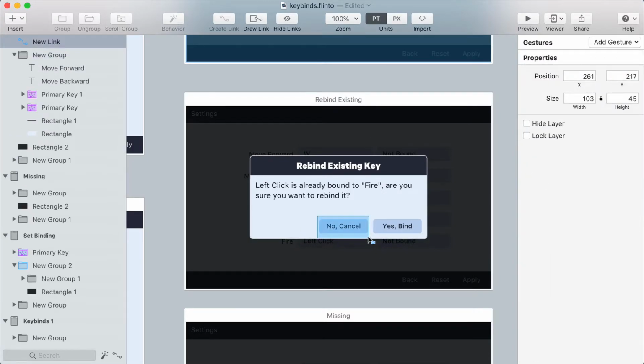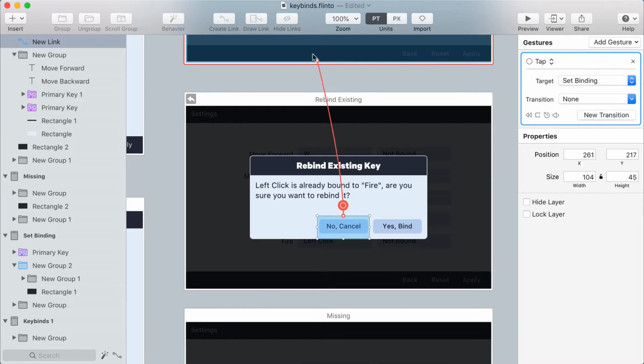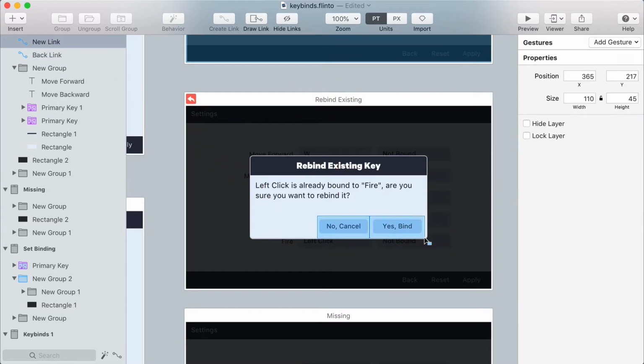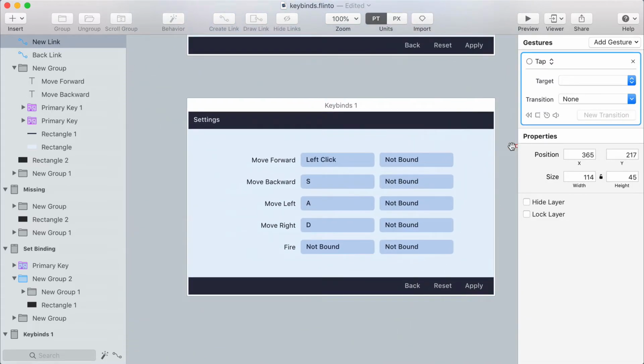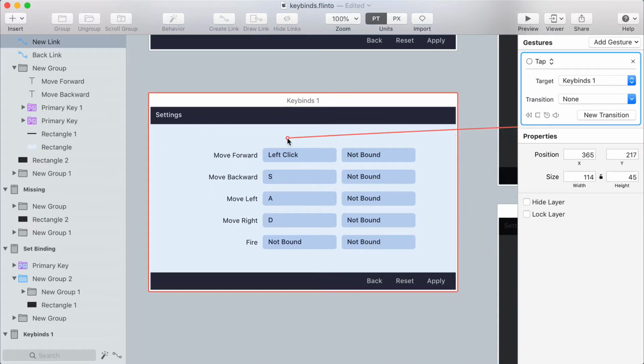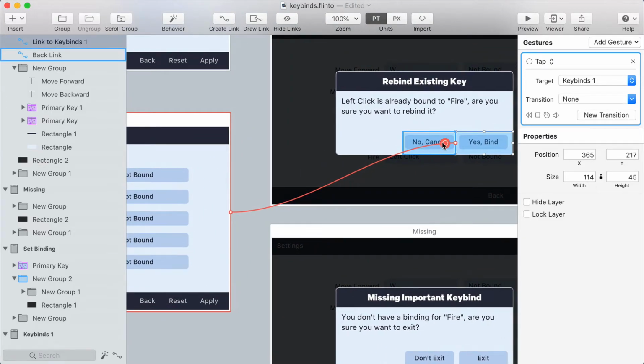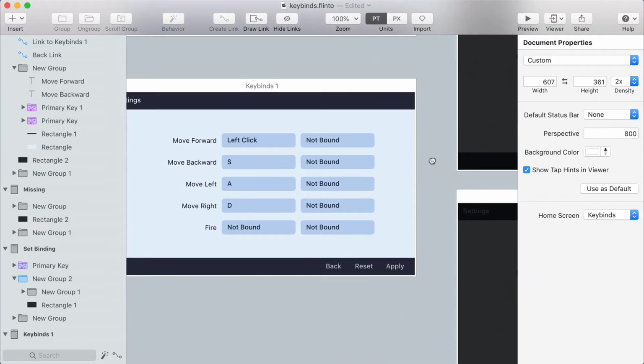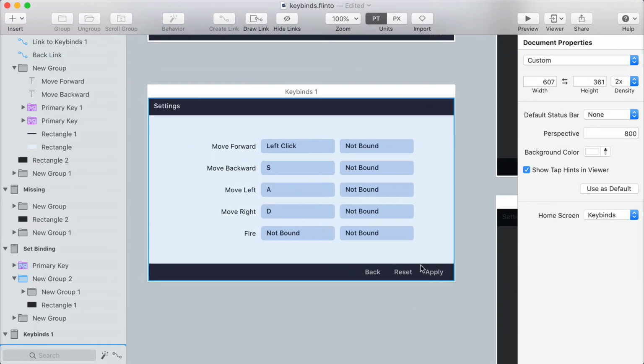And so here, if you say no cancel, it will go back. And so I'll just use a backlink. And if you say yes bind, it will then go to this screen, which is just the key binding screen, but it has move forward set to left click. So it's like you've made the change and fire is now unbound on this screen. And let me just make sure that I have the fade in transition used there. All right, so once you're on this screen, if you click